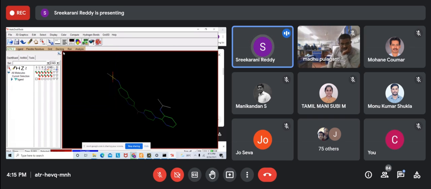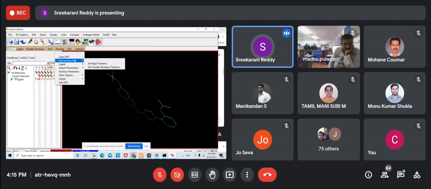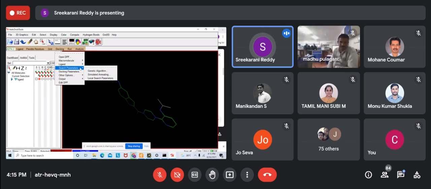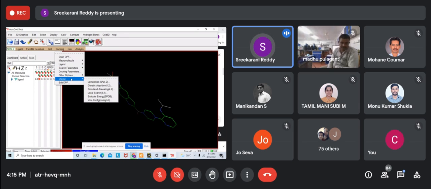Till here, is everyone clear? What I did: I generated the grid, then I ran it, and after that successful completion came. So now I need to do a docking with a protein, that is a macromolecule, and a ligand, right? So I am opening the macromolecule, docking, macromolecule, set rigid file name. Then in the same menu, docking, ligand, open. Then I'm telling it to use this particular parameter, that is genetic algorithm. And after that, I'm telling it to save this file in this particular format, that is Lamarckian genetic algorithm, which I have saved as doc.dpf file.